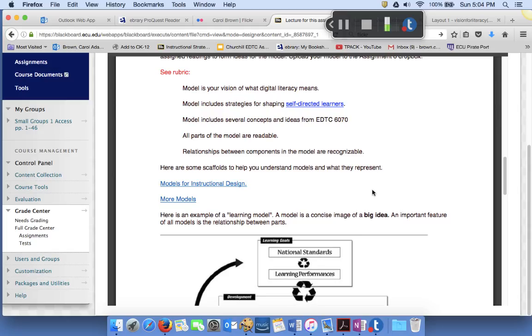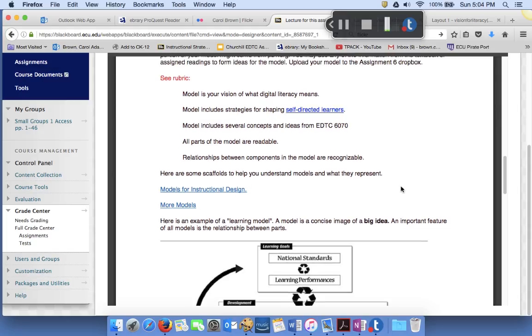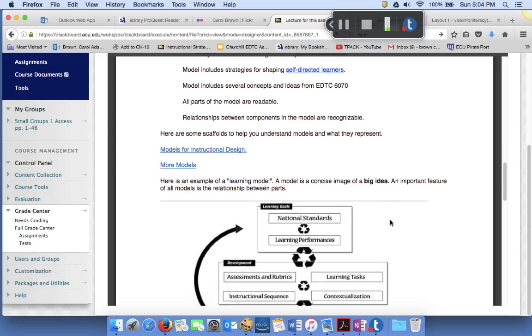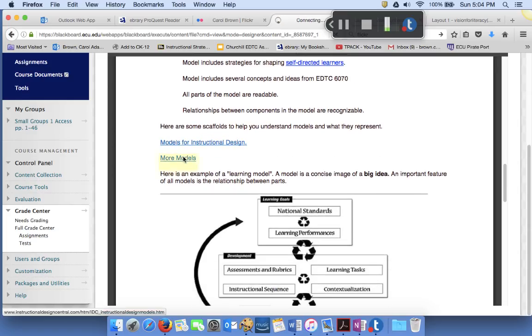Now, this is definitely a kind of higher order thinking, very different than your assignment with reading the textbook and doing an open book test. This is the other end of the spectrum because you've got a lot of complex information. You need to read through it, organize it, analyze it, and then synthesize a new image representing digital literacy. So let's look at models and what that means. If I click here in the reading,